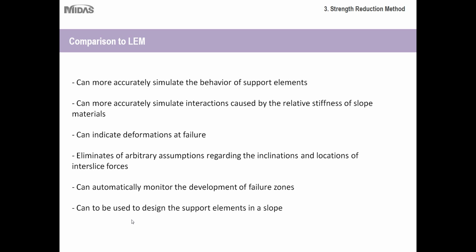And it can be used to design support elements in a slope. So yeah, that ties back. If you're working extensively in design, not just of the slope itself, but also of support elements or nearby structural elements, then the strength reduction method can be used to help you design that in relation to the factor of safety. So if you have a higher end or more complex type project where you not only need to calculate the factor of safety, but also need to do some design work for support structures or retaining walls or foundations that are around the slope, then the strength reduction method can really streamline